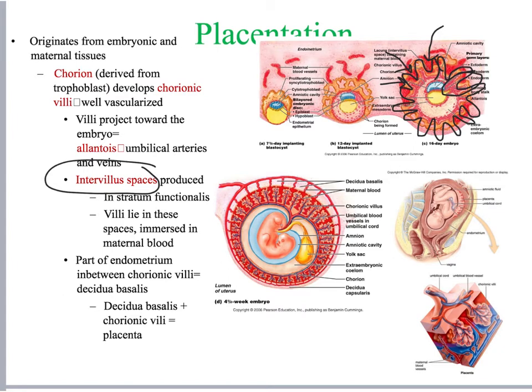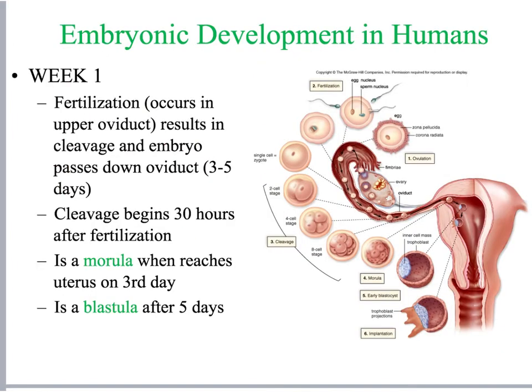So that's placentation, or the production or formation of a placenta. And like I said, this takes somewhere around 12 weeks. Now that we've been through all of this, let's do a little bit of a review on what has happened through the weeks. We've made it quite a ways.